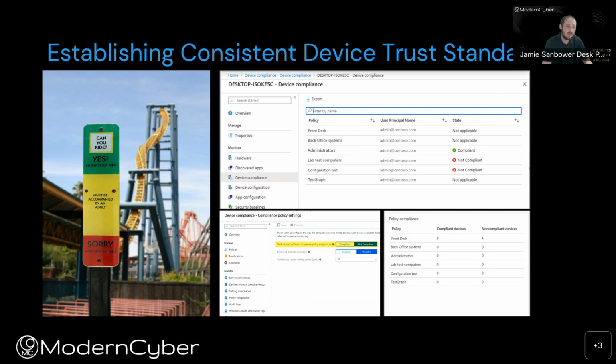But if you're on a personal device that doesn't have security software on it, I'm not going to allow you to get to the sensitive applications or data. So this is a good example of having consistent policy that you can enforce and then articulate out to the end user base.